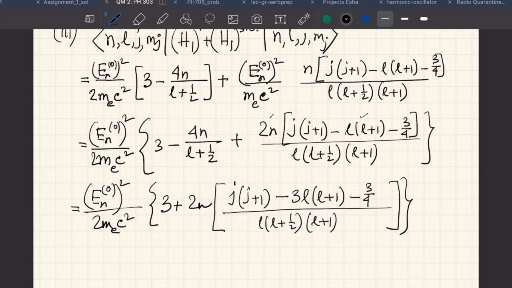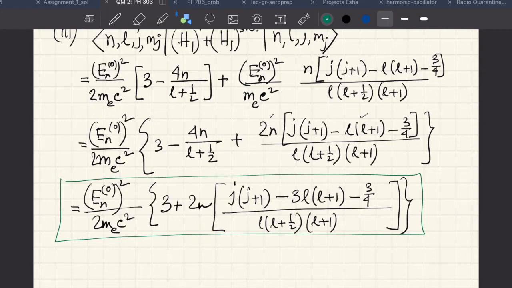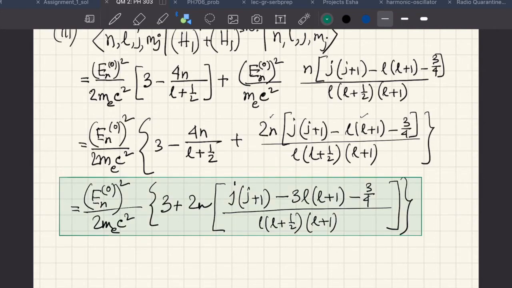So these are the fine structure energy shifts for all states in the spectrum of the hydrogen atom. Now, even though both the relativistic and spin orbit correction terms have some trouble with L equal to 0 states, their sum is correct for all states. You see that there is no problem. Looking at this whole expression, there is no problem with the L equal to 0 state at all. So this is the total relativistic plus spin orbit correction. This is just the fine structure energy corrections, first order energy corrections.